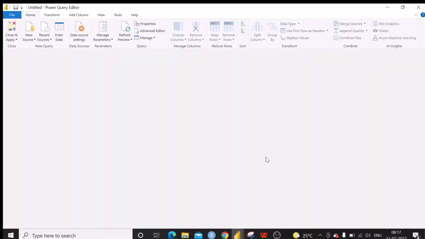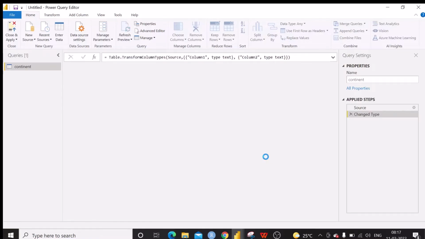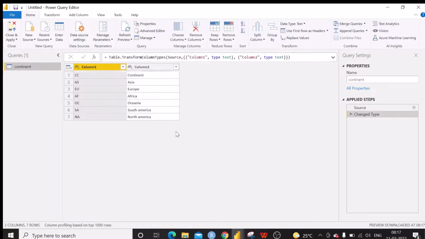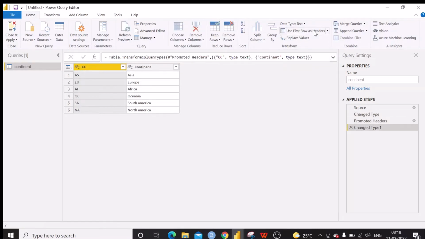Once it is loaded, we can use this option, use first row as headers. Yes, now the CC is the name of the first column, and continent is the name of the second column. You can see the promoted headers step in the applied steps also. So now we can do close and apply.